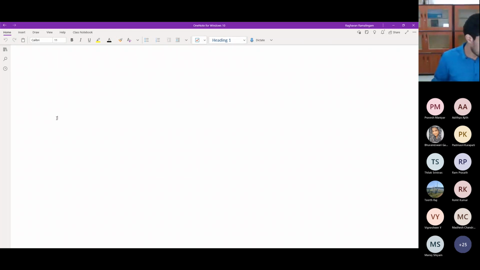The only thing that remains is just one problem on footing design. I just wanted to tell you how to do it, and this I'll be doing for an isolated footing. Same concepts, if you extend a little bit, you'll be able to do it for a combined footing. Anyway, the material related to design of combined footing I have shared in the team already, so you can read through it, and based on that you'll be able to do your assignment problem.